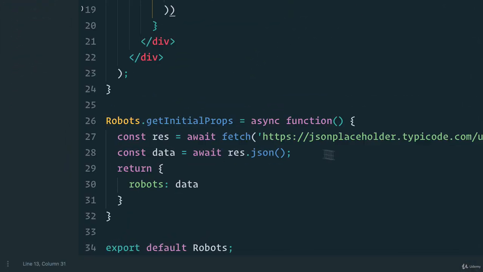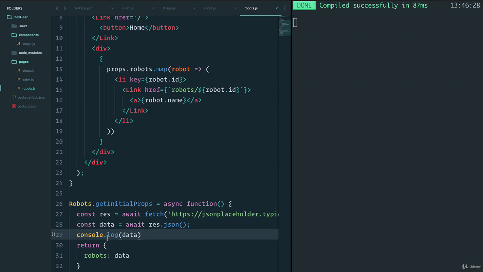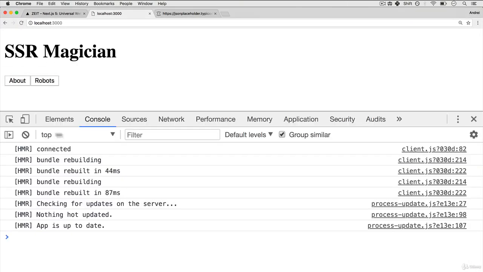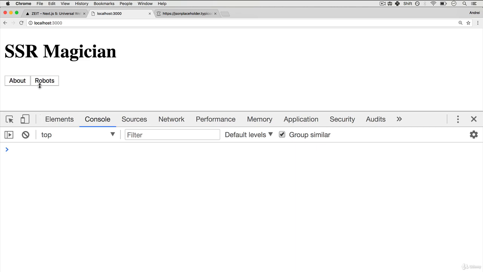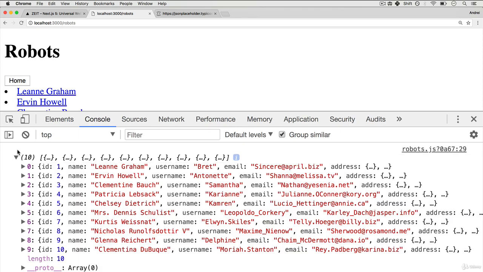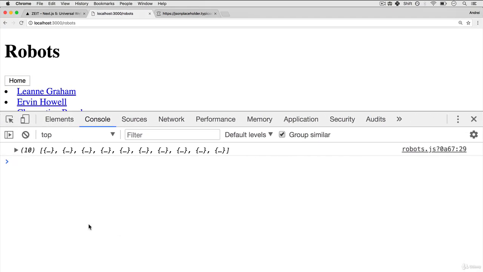Now, let's do one last thing. I want to console.log the data here. If I save here, now that we have console.log data, let's see what happens on the browser side. If I open up the console again, I see that there's HMR, which stands for Hot Module Reloading. It's just always watching for changes, so we don't have to worry about that. If I click on robots, all right, I'm getting the console log on the front end, nothing on the server on request. But if I refresh this again,